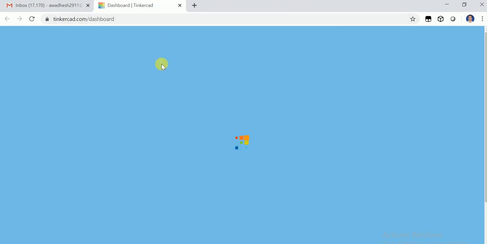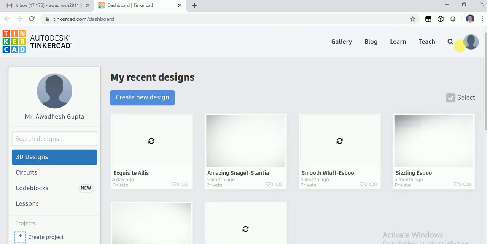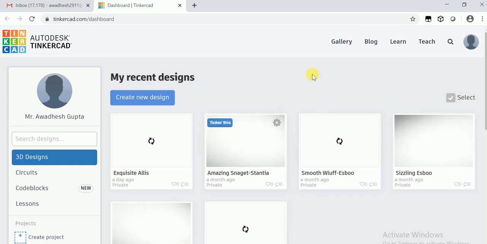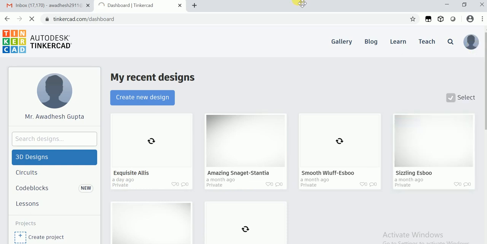First we will see what is Tinkercad. I think I am already logged in, so first let me log out of the session so that we can start.